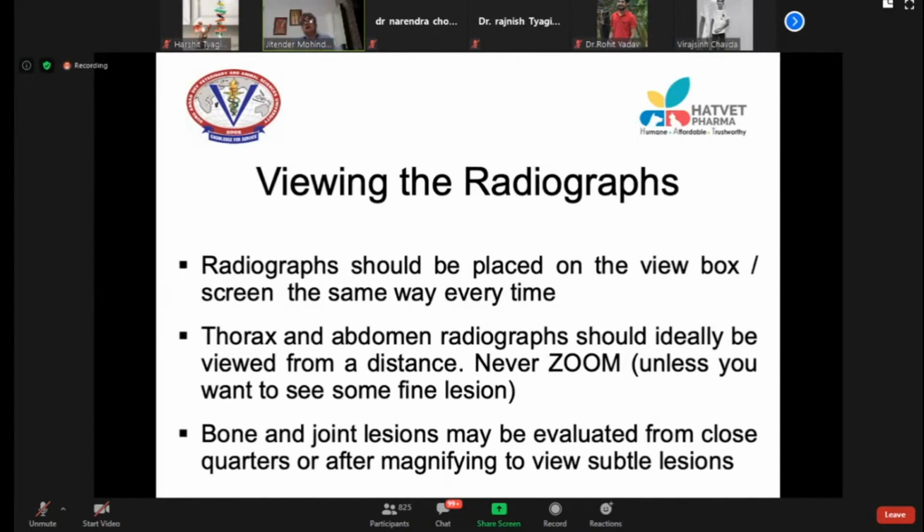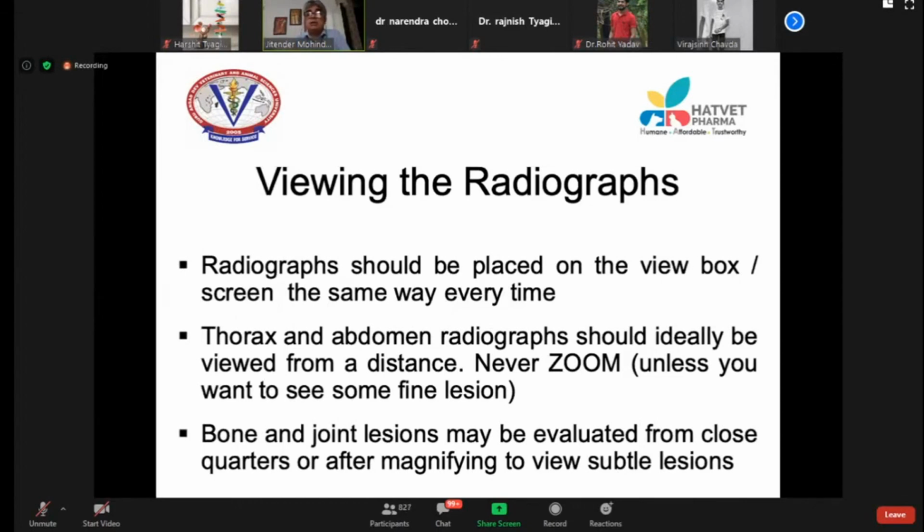Second, when you view radiographs of thorax and abdomen, never go close to see the radiograph. Always see the radiograph from a distance, two to three feet, because if you go close, you are bound to miss lesions.